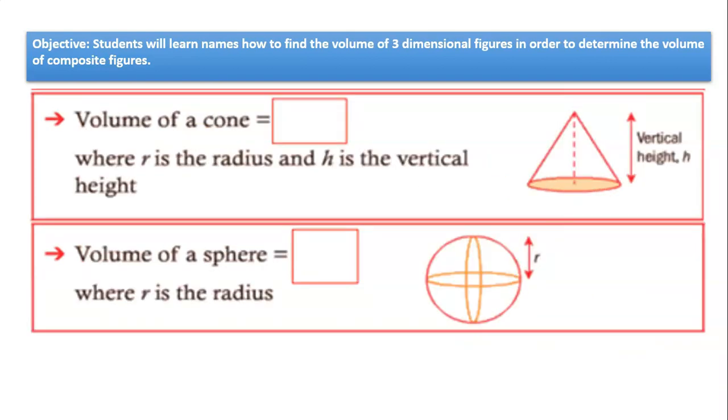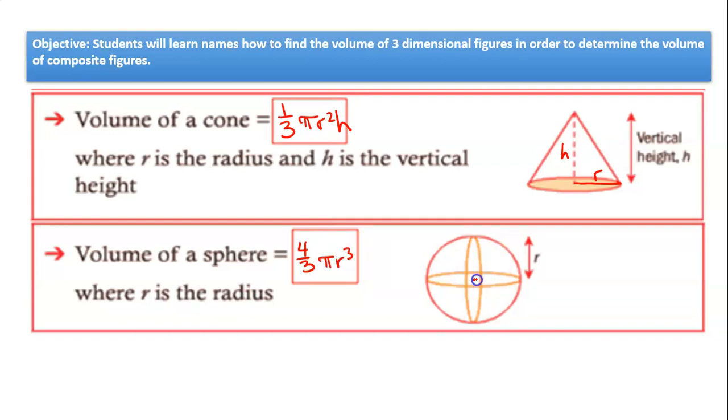The volume of a cone is 1/3 pi r squared h, where r is the radius of the cone and h is the height. And then the volume of a sphere is 4/3 pi r cubed,